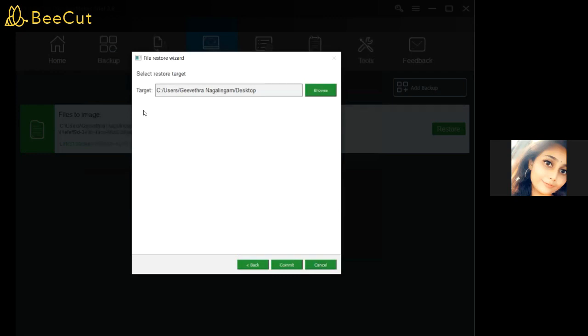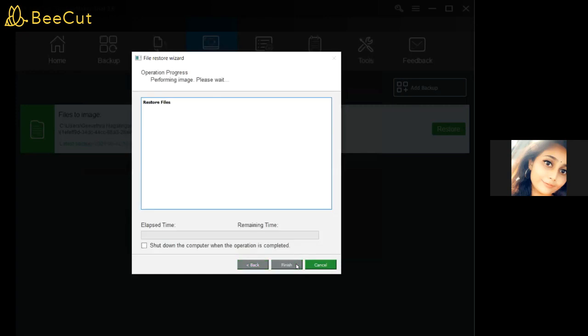Now as we can see, the user section is my name, and I selected the target to restore all the backed up files to my desktop. So I will click commit. As we can see, the restore process has taken place.